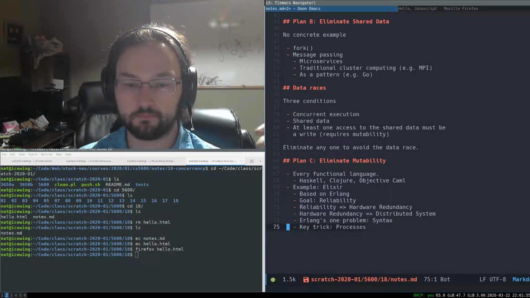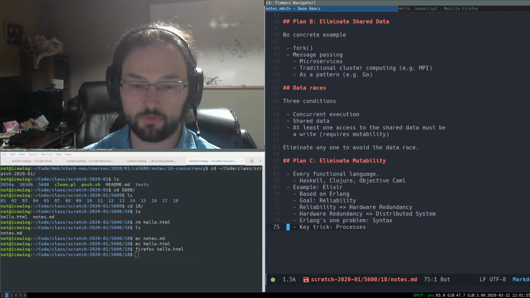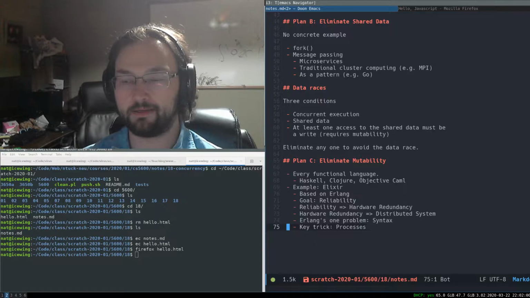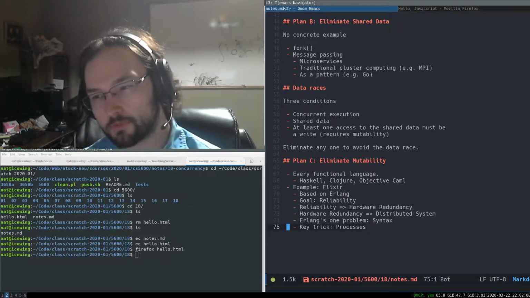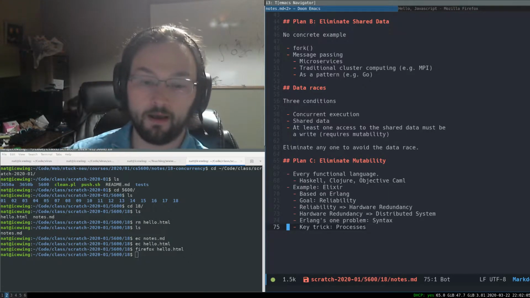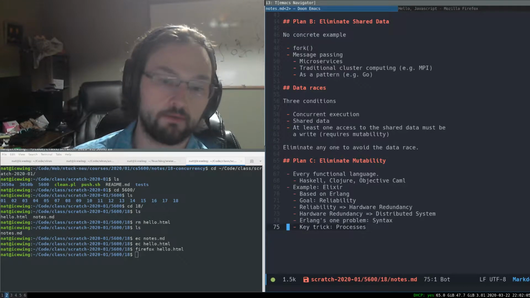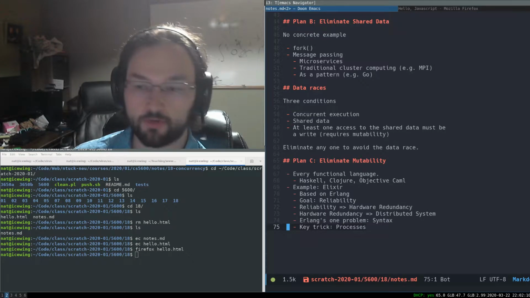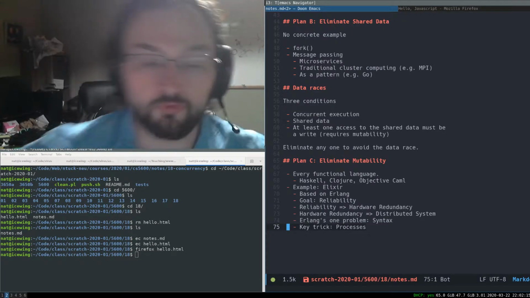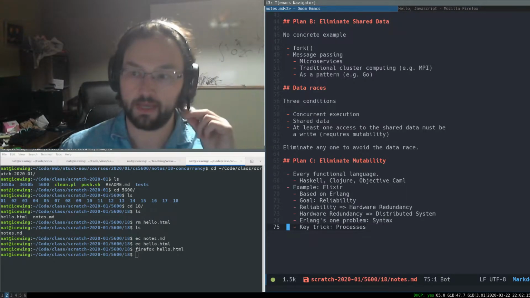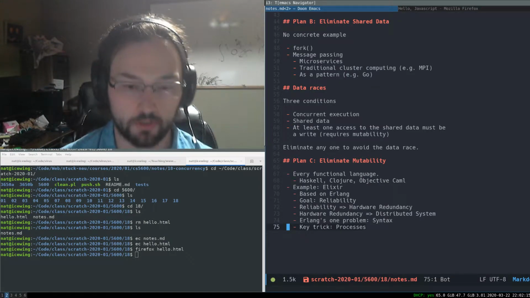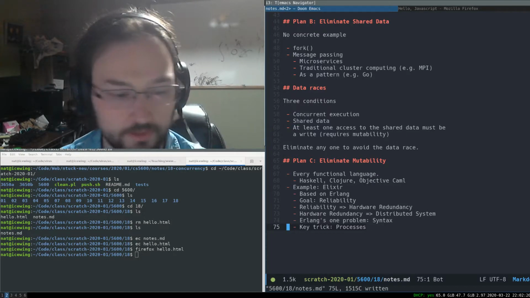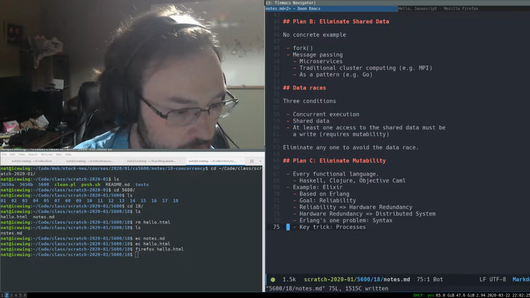But that means that in order to communicate between processes, you can't do it by mutating shared data. And it's really the mutation rather than the shared data. But either way, we can't do that. So instead, Erlang has built-in message passing. So that's our key trick for inter-process communication, is passing messages. And that's a built-in feature in the virtual machine and the standard library. So let's go ahead and see how some of that works for